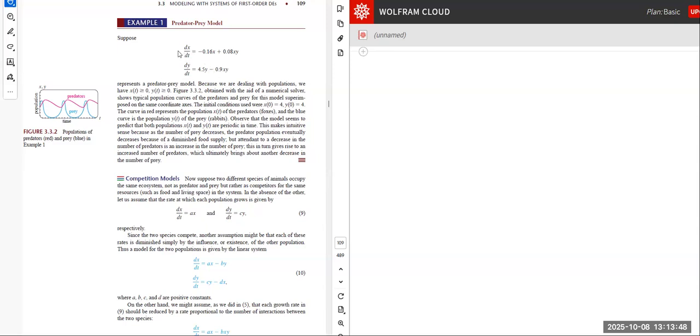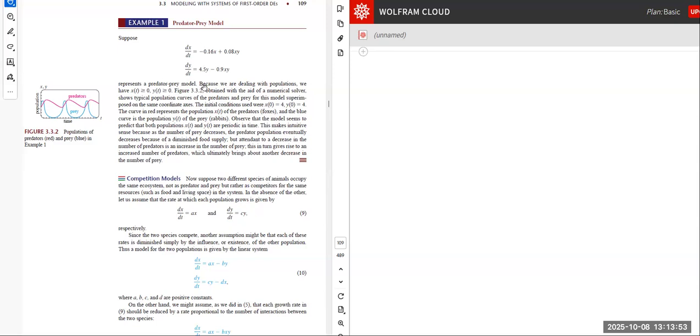Take a look at this example problem on the left, the predator-prey model, which is actually a system of differential equations, both of which are nonlinear and indeed not solvable using analytic methods. We can tackle this problem using a numerical solver, and I'll show you on the right, where we will find the solution and graph it, even though the solution will be an interpolating function. I'll explain what that is